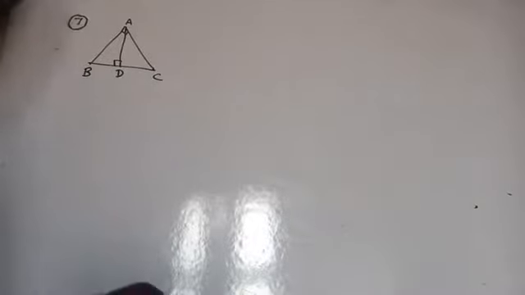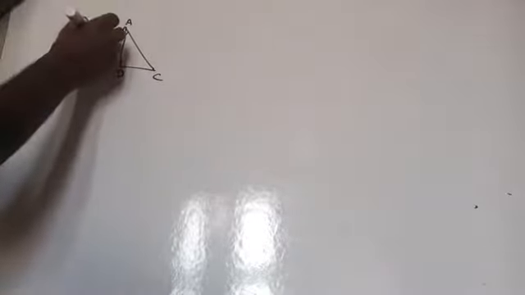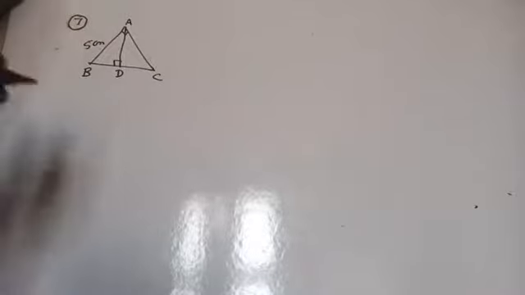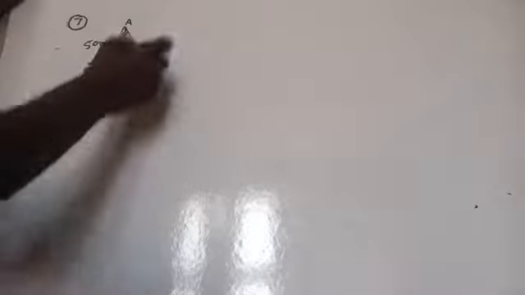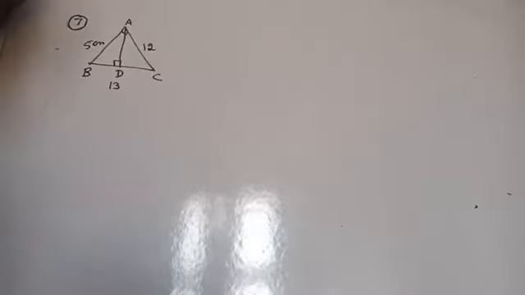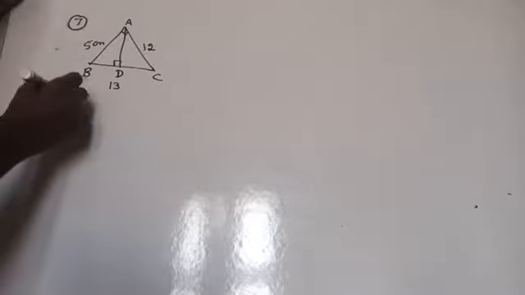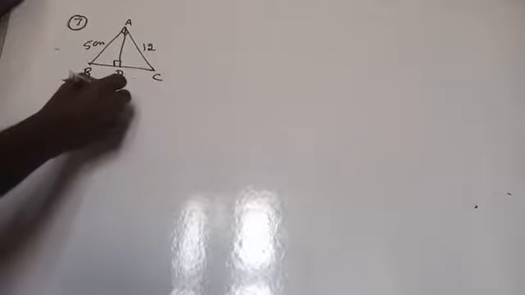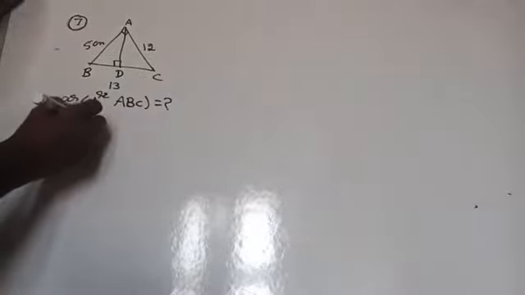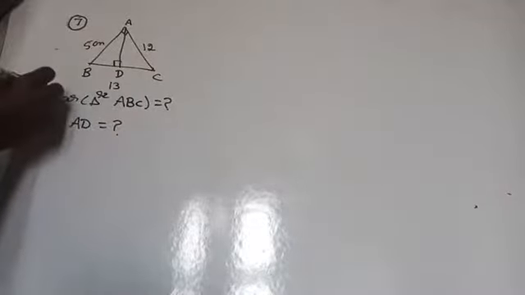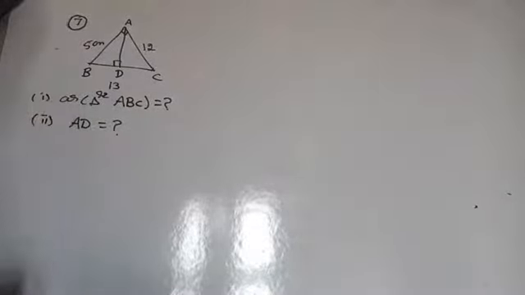And then AB equal to 5 centimeter. Then BC equal to 13 centimeter. And AC equal to 12 centimeter. Everything is given. Find the area of a triangle ABC and also find the length of AD. Right? What you have to find? Area of triangle ABC you have to find. After that, you have to find length of AD. Am I right, dear? Yes.